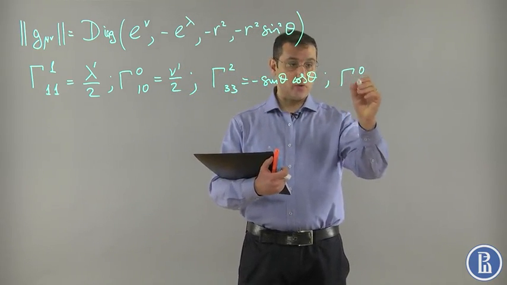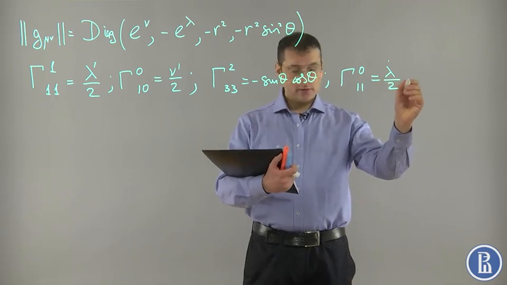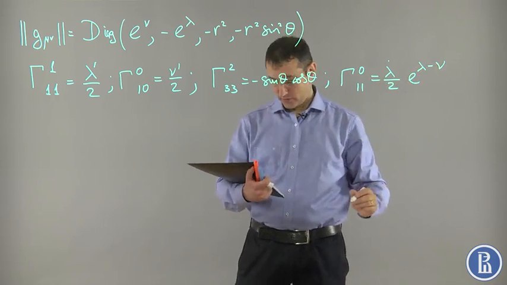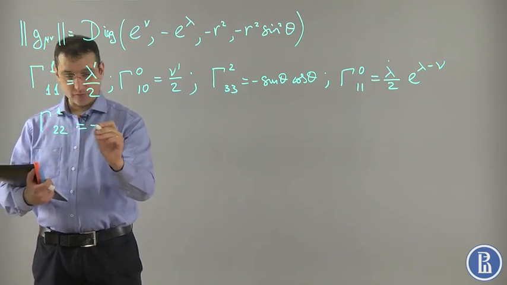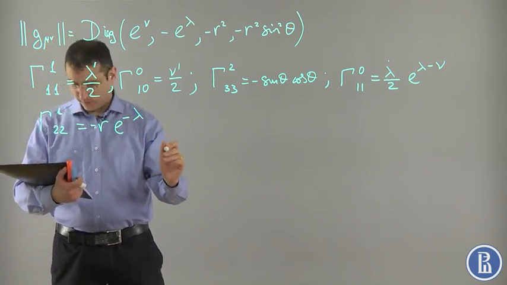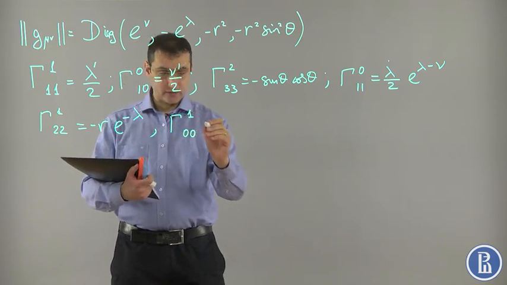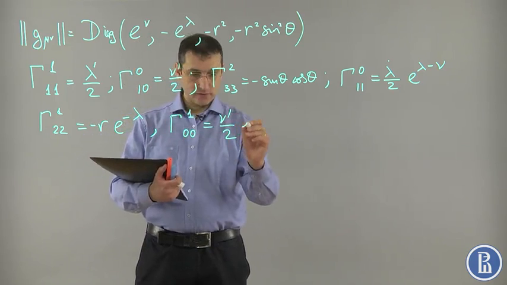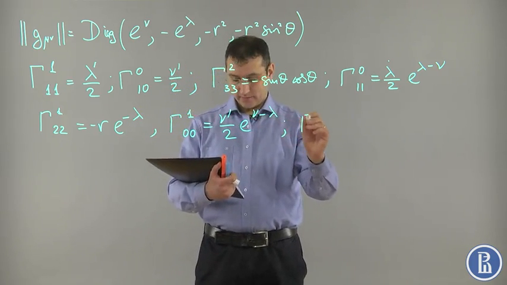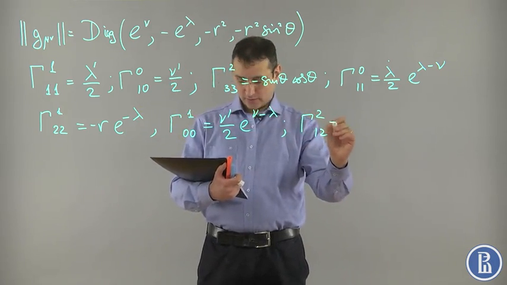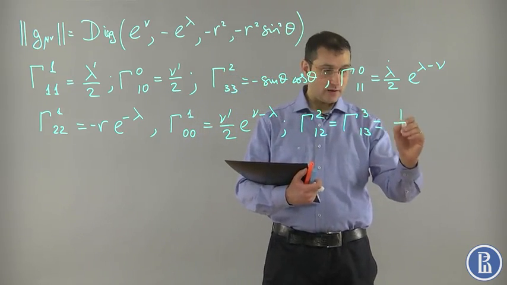gamma 0, 1, 1 is equal to lambda dot over 2 e to the power of lambda minus nu, gamma 1, 2, 2 is equal to minus r e to the power of minus lambda, gamma 1, 0, 0 is equal to nu prime over 2 e to the power of nu minus lambda, and gamma 2, 1, 2 equals gamma 3, 1, 3 is equal to 1 over r,